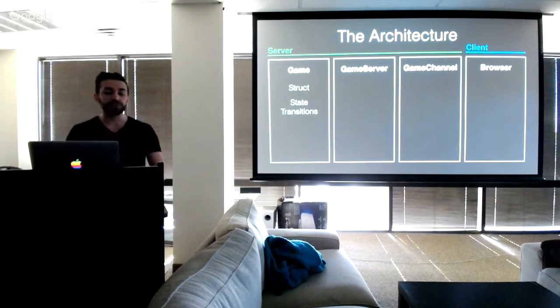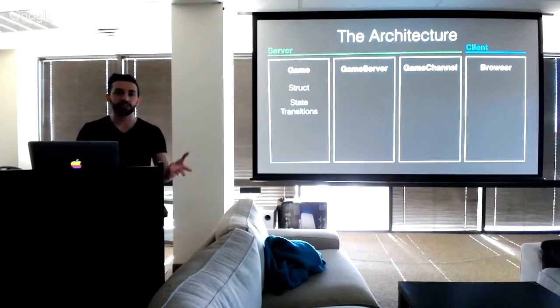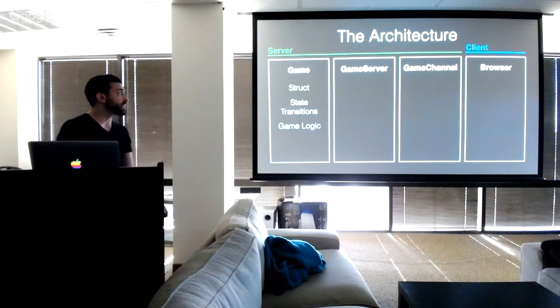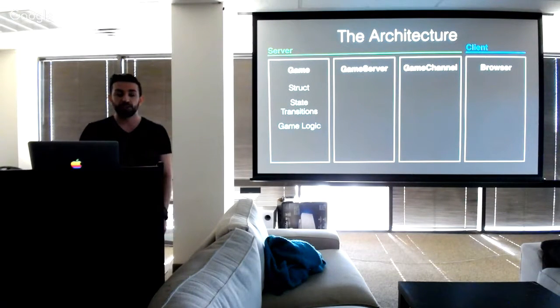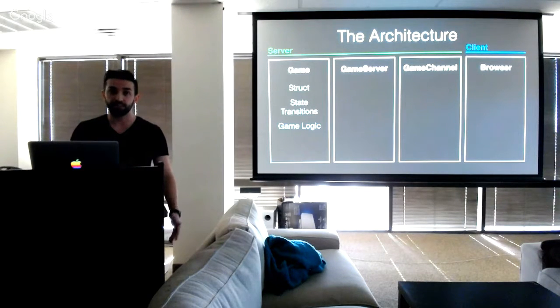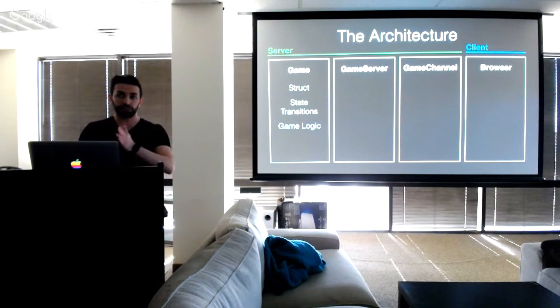The game module will also define the various state transitions that you can make, and it will define how that data structure will be transformed from a previous state to the next state. And of course, it will contain any of the game logic that we might have for this Tron game, as far as whether different players are going to collide, whether they are falling off the board, what positions they are currently located in,